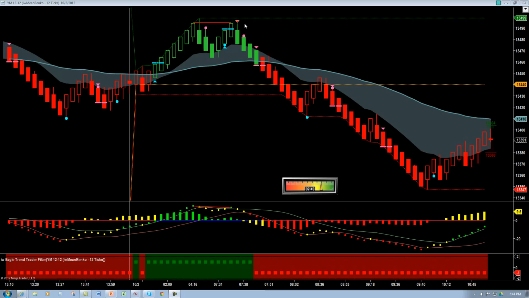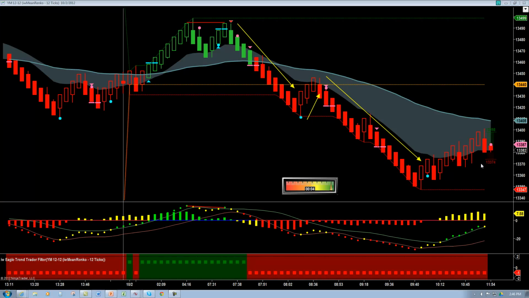Let's first take a look. We've got our first leg that passes down here. We get our pullback here. We get our second leg here, which is usually our best opportunity. And then right here, you see price is really starting to drift up into the band. In my opinion, I'm thinking that we're looking for a turn to the upside. But let's do a quick demo on what averaging in is and how it can hurt